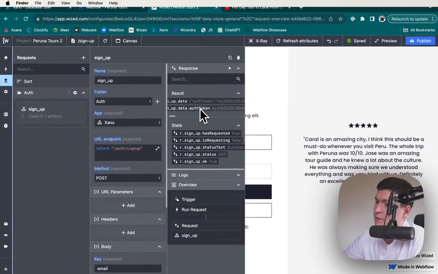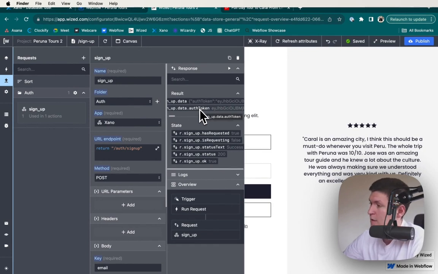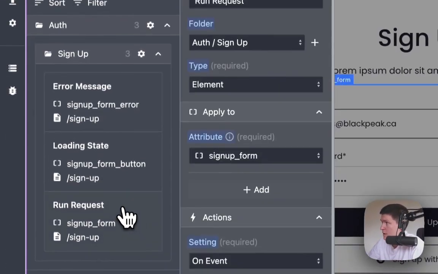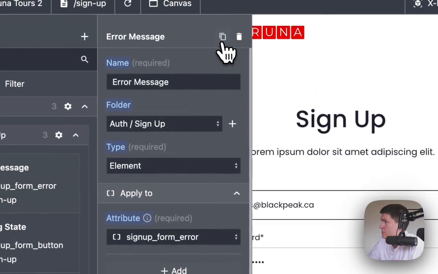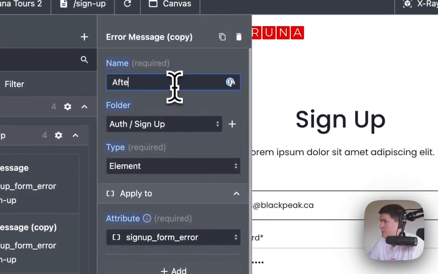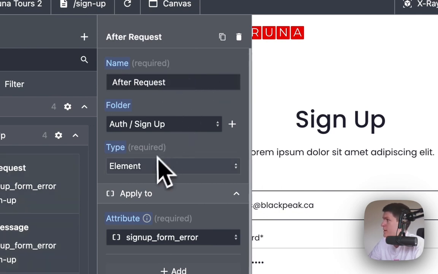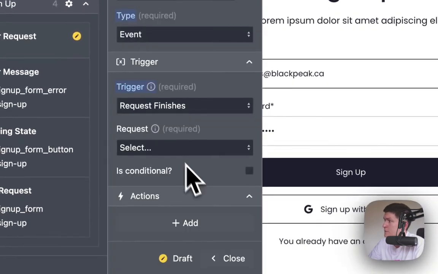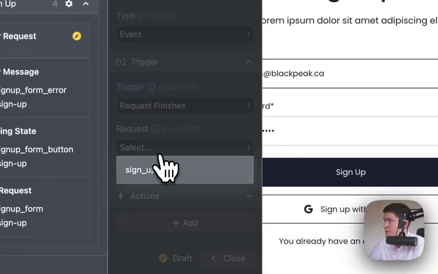This auth token is what is going to allow us to load the user. This is the auth token that we will send on the headers of our API requests. Really important that we need to save that in a cookie. So now we will just do an after request action here. After request, we will do event, not element anymore, because we're just waiting for this request to finish, the sign